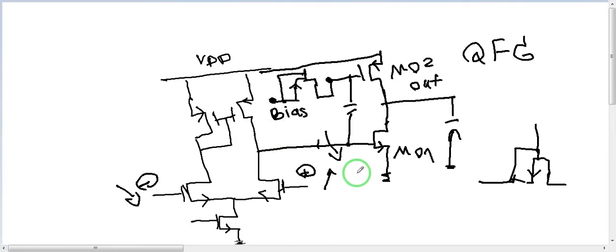If you search for quasi-floating gate on the internet, you will find the quasi means it's not real, it's like a floating gate. It's similar to a floating gate. I used that in a paper. You can see my paper. I'm actually going to show you. It takes time, but it's kind of